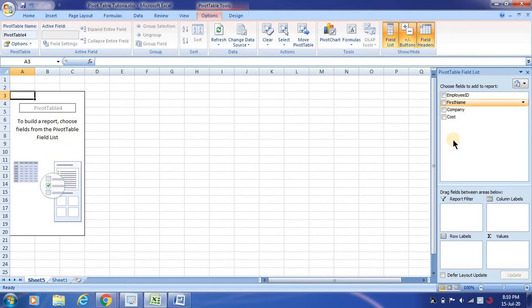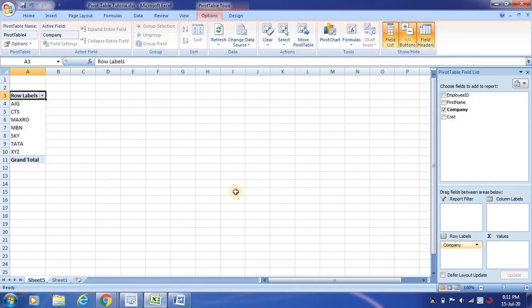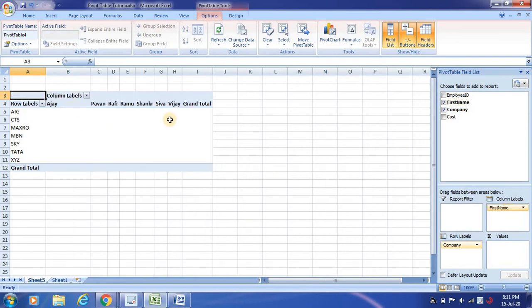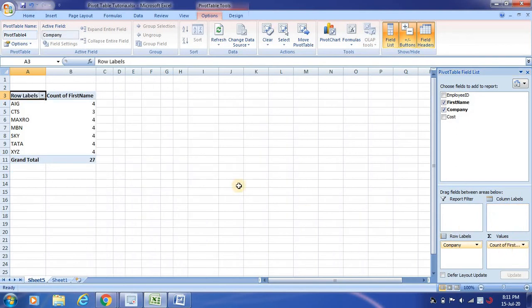So if you look at what are all the fields are there in my Excel, those columns have come here. So now what I wanted to do, I wanted to display the first name or company name, whatever you want. So I wanted to display the company name here. So if you select the company name as row label, the company name will come. So the people who are working, if you wanted to show the people who are working, see Ajay, so you can do like that. And then total number of people, so if you wanted to give the sum of first name, how many people are working, see AIG we have 4 people, CTS we have 3 people,